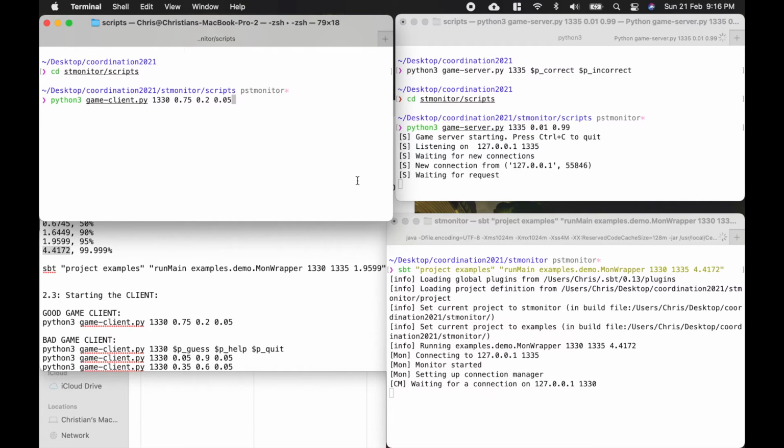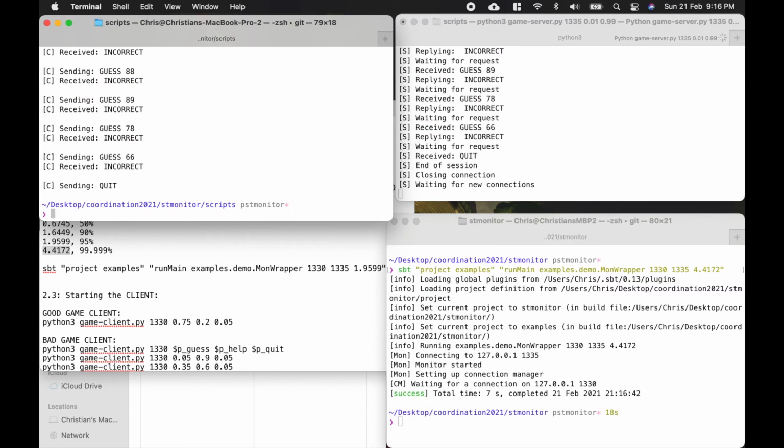If you see on the top left, we're also starting a client written in Python, which once initialized will send a series of messages based on the specified probabilities. In this case, we specified 0.75 for sending a message with the label guess, 0.2 for help, and 0.05 for quit. Now, as you shall see, once we execute this client, the monitor should not issue any warnings. And as expected,